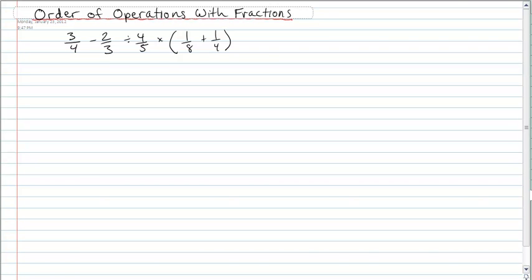Okay, in this section of math, we're going to be looking at order of operations with fractions. And so when we're doing fractions and we're multiplying and dividing and just a big long question, make sure you have lots of paper to work with. And the first thing, I guess, when we're doing order of operations with fractions, you can always think in terms of